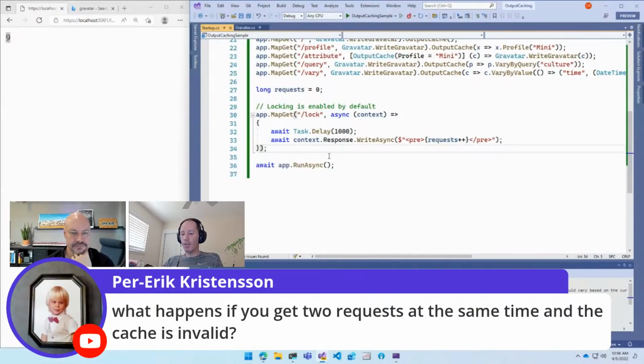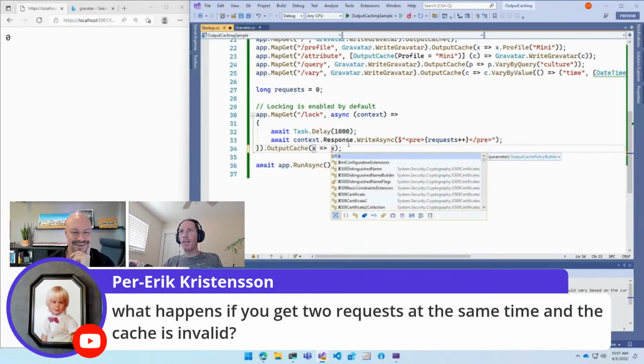Now, if I cache it, by default, because it is cached, the middleware will also lock the query. And look at what's happening. So the first one will be 0, and I will hit F5 3 times. 1, 2, 3. I got 0 every time, so that's bad. Well, that's good because it was cached, but that's not what I wanted to show. What I wanted to show is if I...